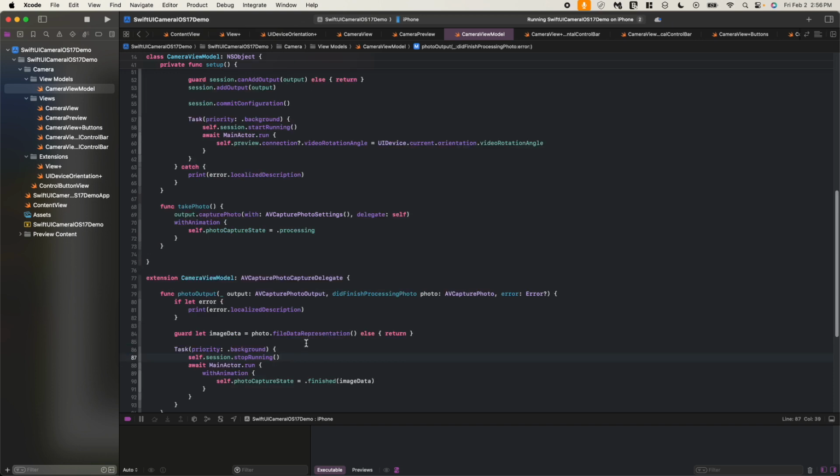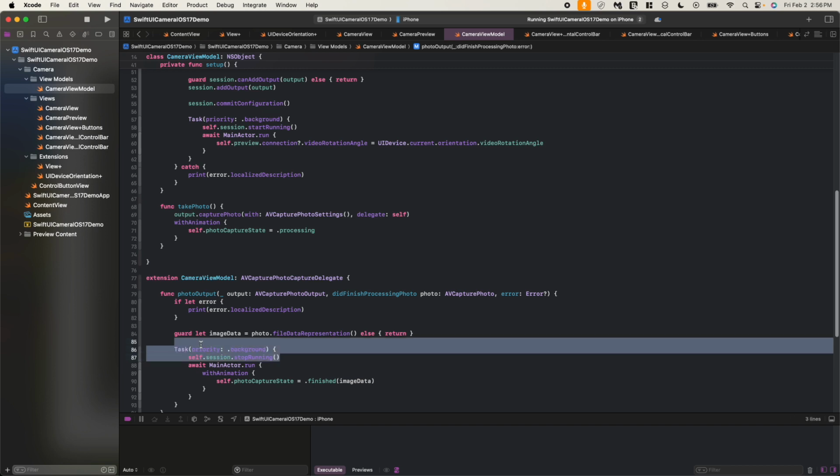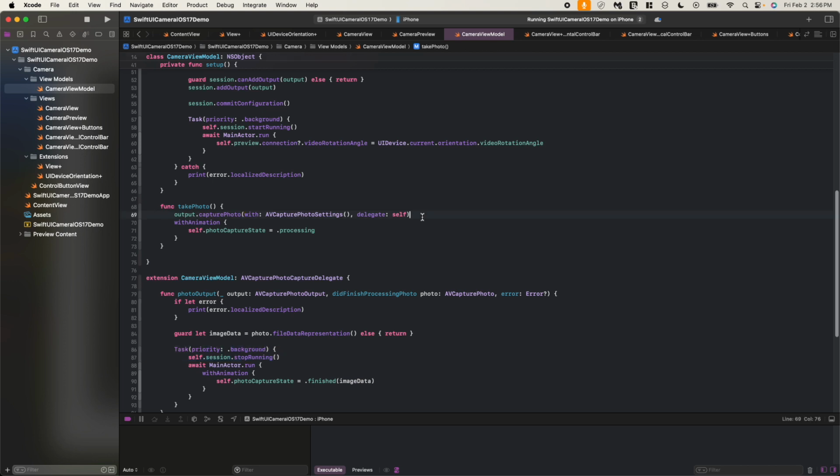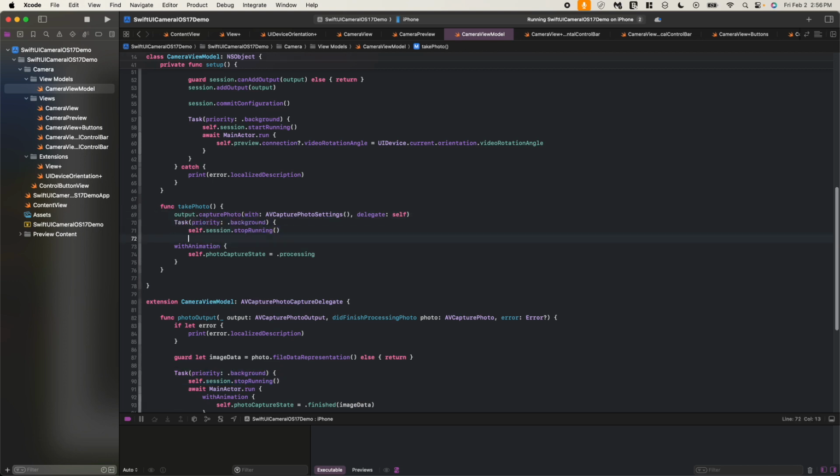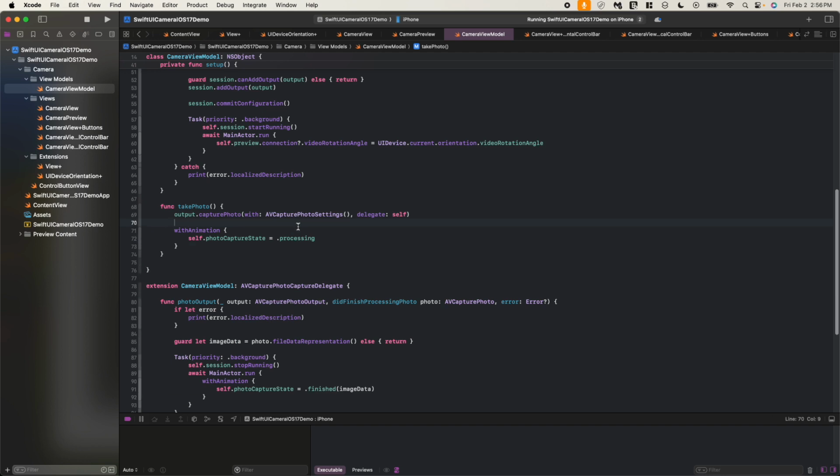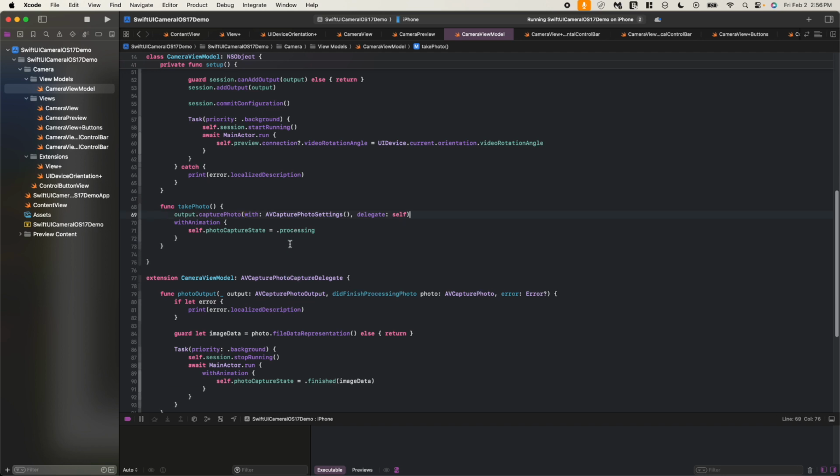So the reason I have self.session.stop running in here, as opposed to putting it in here, like that, is because that would stop the session right away. It would freeze the screen right away. You might think it's a better user experience, but it just doesn't work because it is an asynchronous process and